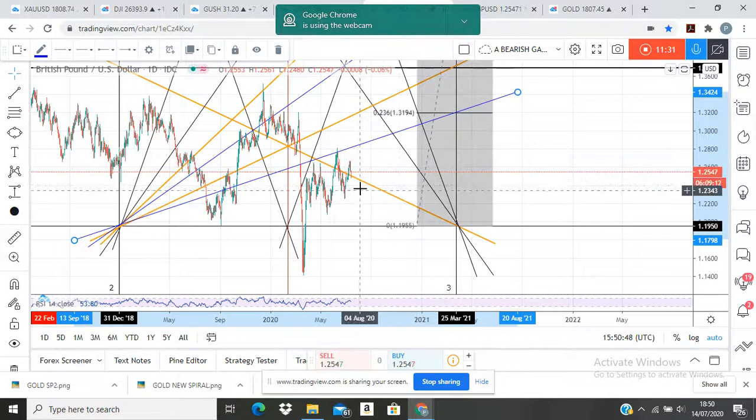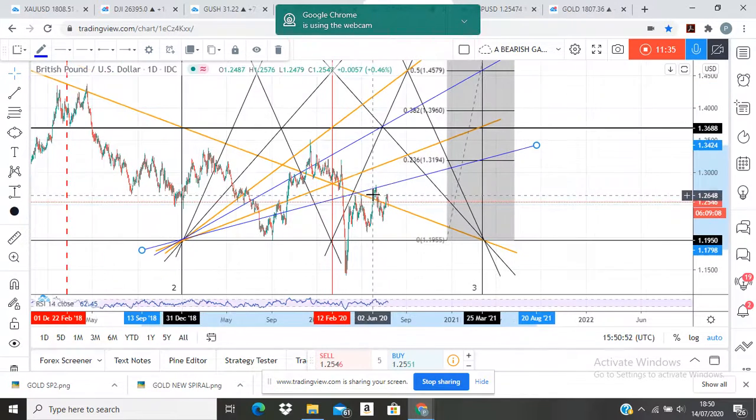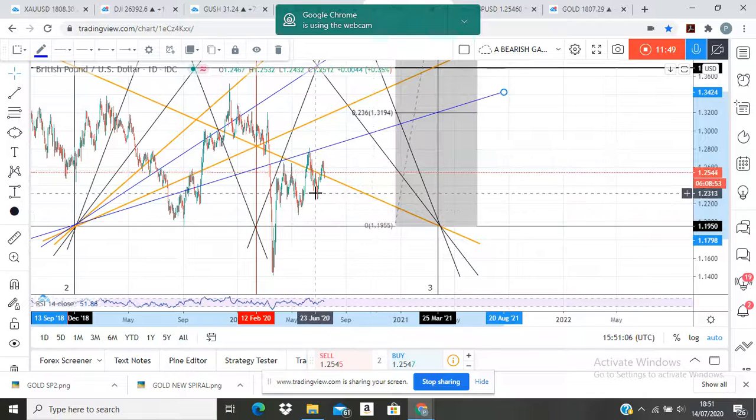So now we can see from here that price reached the 0.236 angle here. That is the angle which also stopped the recent advance, and then price moved down again,